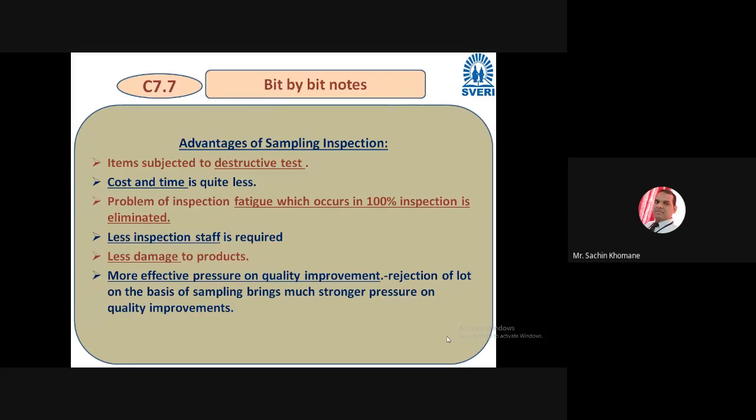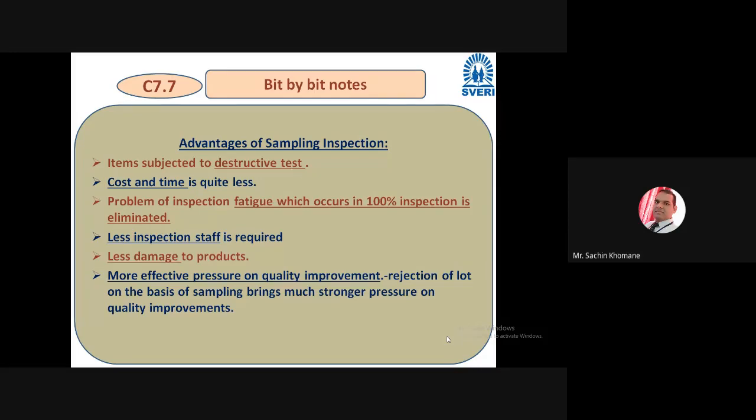If you try to do 100% inspection, there may be a possibility of damaging the product during inspection also, and you have to send it back. It may happen. If you start checking each and everything, most of the time you need to fix the job, you need to hold the job. During handling or movement of components from one place to another, there may be chances of damage, and that may again become a rejected product. So that thing you can reduce.